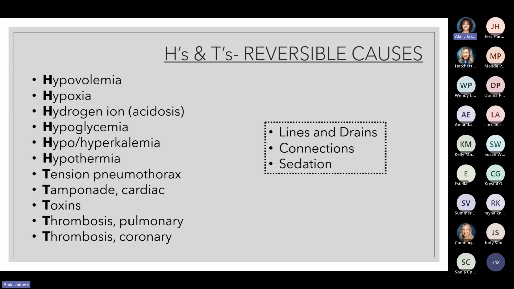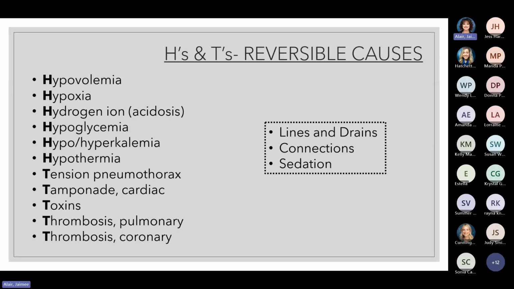Also remember in cardiac arrest, your H's and T's, so your reversible causes. As you are looking through these things, all of these things are important. So managing hypoglycemia, hypokalemia, hypoxia. We're doing an ABG for acidosis, replacing volume. If we have a pneumo or cardiac tamponade, if they've ingested poisons or toxins, and then if there's any type